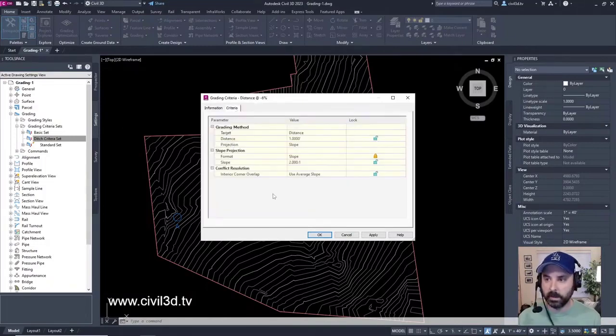We'll go to the criteria tab, and this is where the magic happens. The target is going to be distance. The distance is going to be 10 feet. The projection is going to be slope. Format is going to be grade. And grade is going to be -6%.